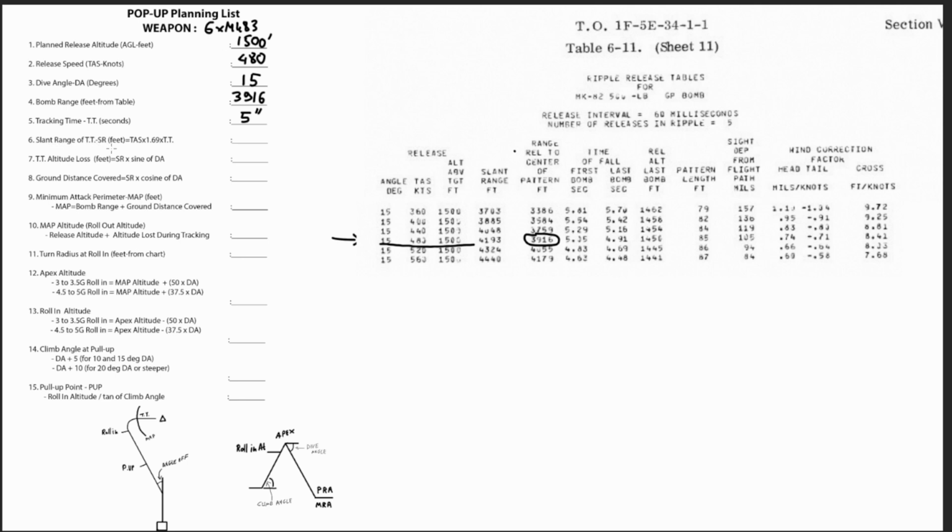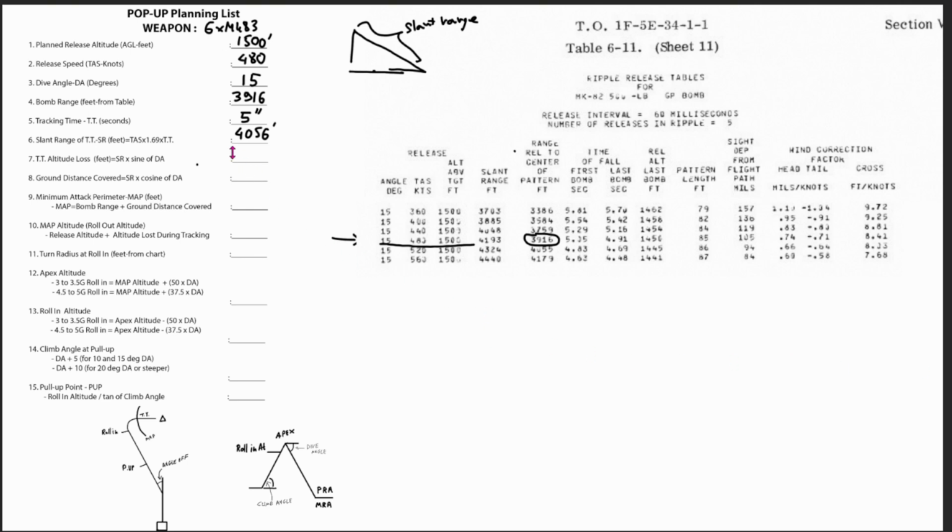We need to find the slant range we travel during the aiming, during the tracking time, so we are using the formula I just showed. When we say slant range, we are talking about the hypotenuse of this right angle triangle, as you already know. So by executing this formula here, you get the result for the slant range. So the result is 4,056 feet,